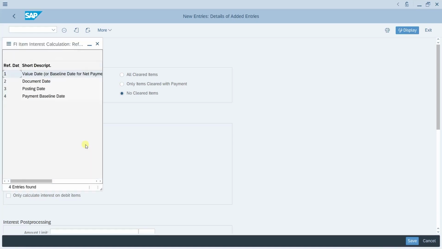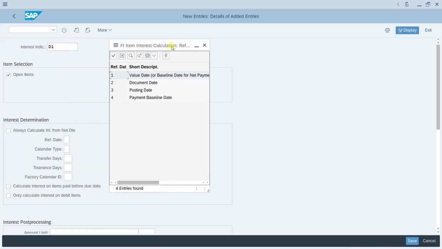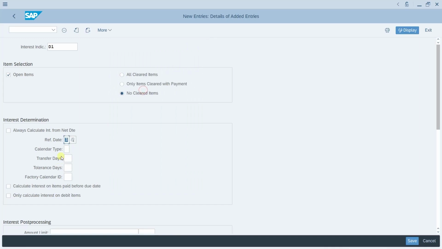The reference date gives what date is to be considered as the date to start the calculation of the interest, whether it is a baseline date for the net payment, which is the due date, or the document date, or the posting date, or the payment baseline date. So let us take posting date as the date,